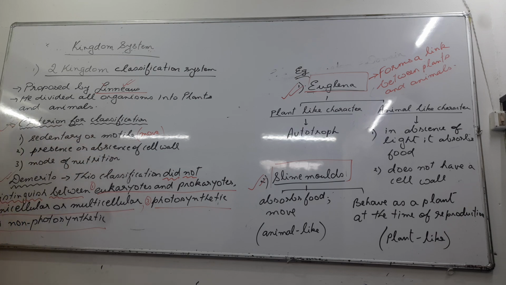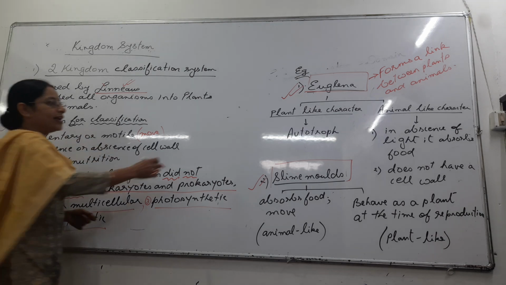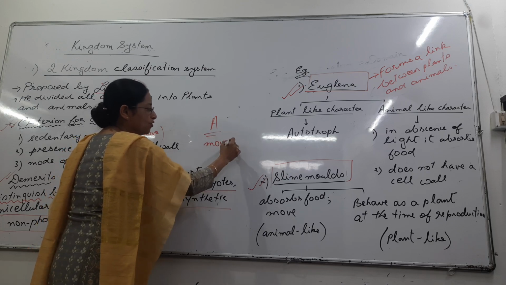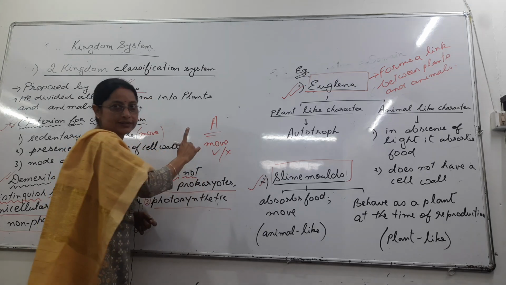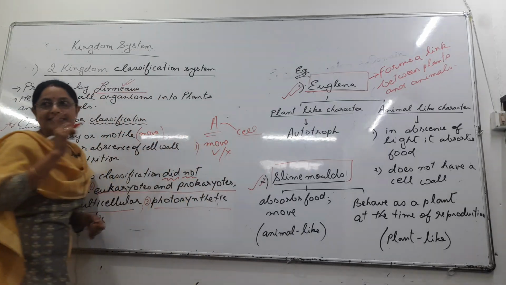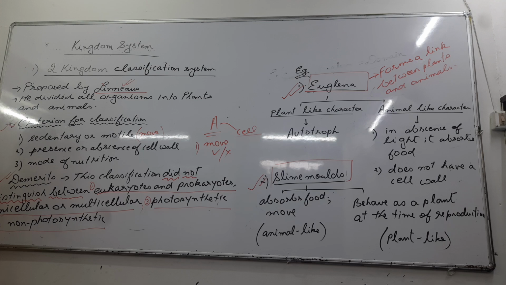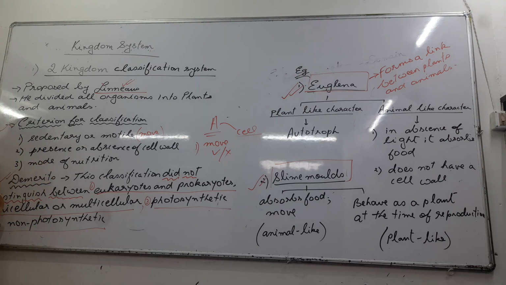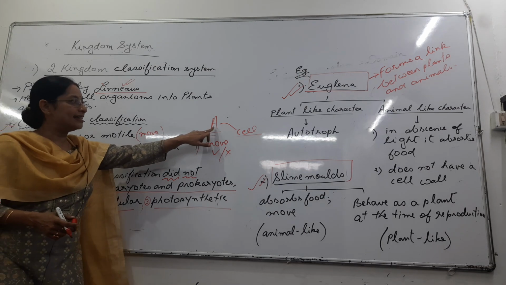cell wall. Suppose he has discovered an organism A. First he checked whether it can move or cannot move. Second, he studied the cell: whether a cell wall is present or not. I think you have read about the differences between a plant cell and an animal cell. One of the basic differences: which has a cell wall and which does not? Plants have a cell wall and animals do not have a cell wall. So again, what he has done is the organism